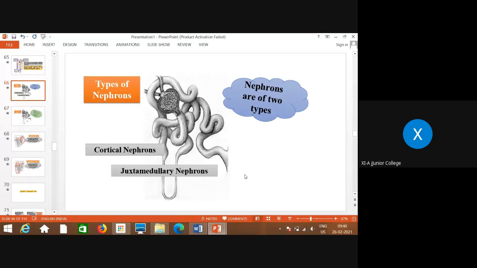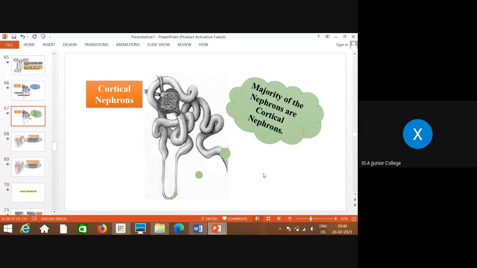So the nephrons where the loop of Henle is present in the cortical region are known as cortical nephrons. Whereas in some nephrons, the loop of Henle is long and continues in the medullary region. Those nephrons are called